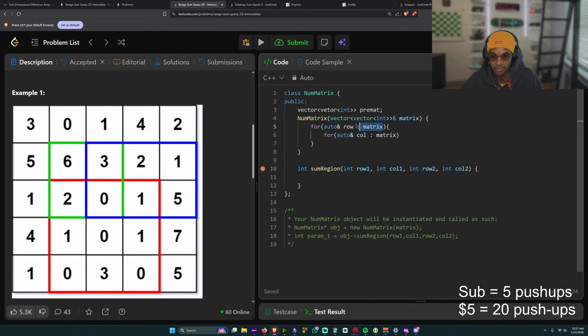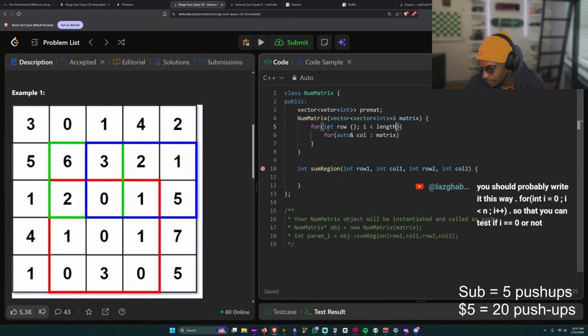I want to have an actual for loop, not in. Row less than. Whoa, chill, chill, chill.